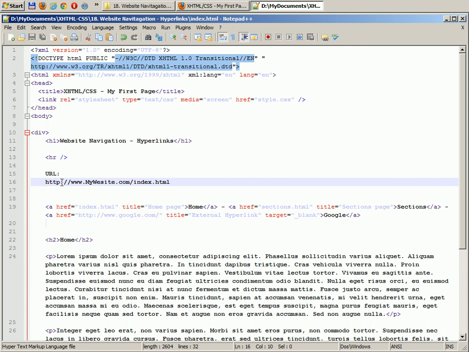Then you have the colon, then you have the two slashes, and then you have the domain name or website name, and then you have finally the page name. And of course, as I said, we can also have sometimes this section, and this one would be